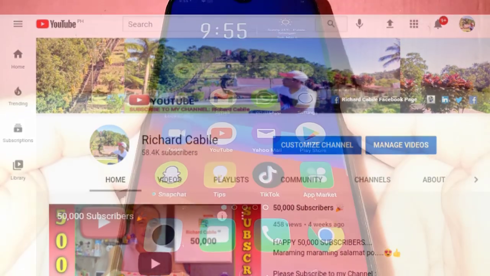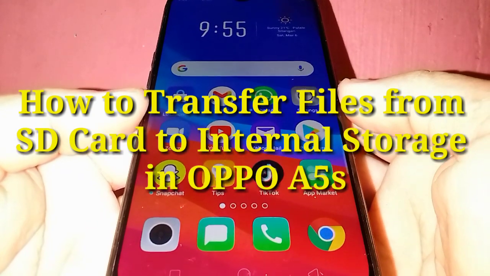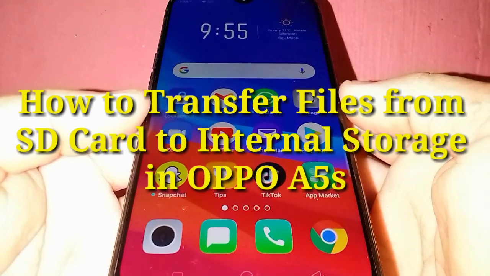In today's video, I will teach you how to transfer files from SD card to internal storage using your OPPO